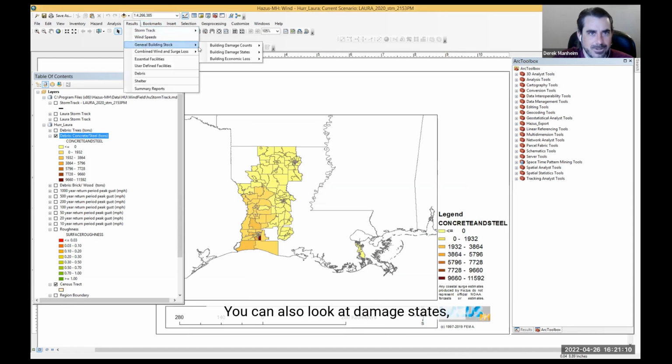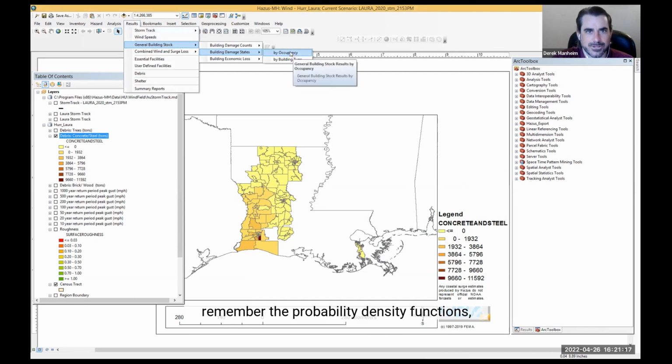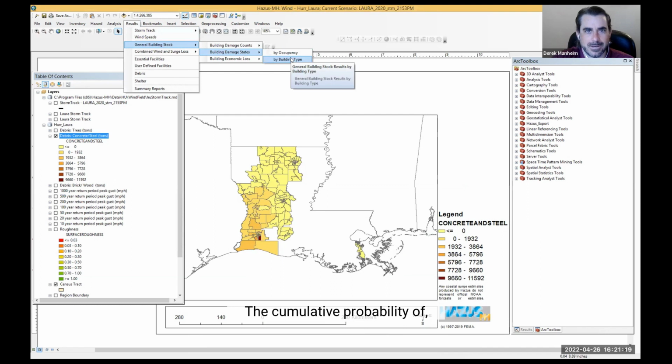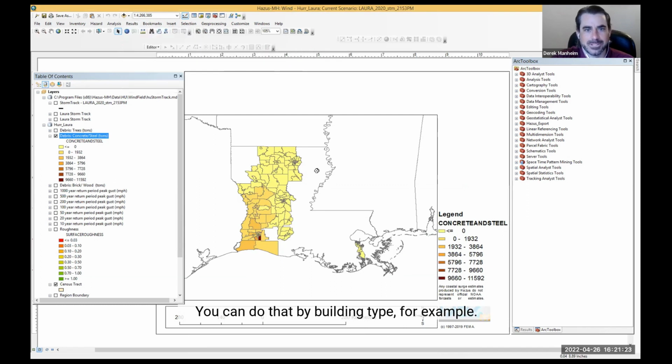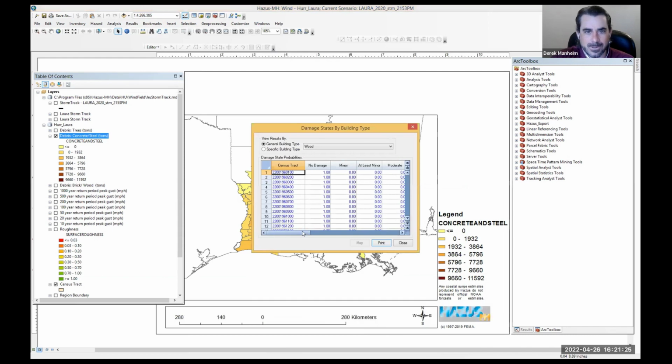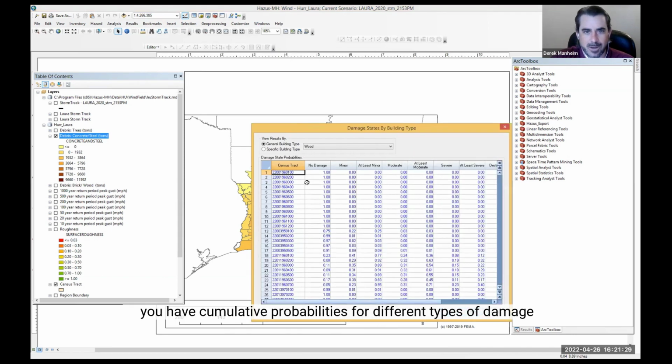You can also look at damage states, for example. Remember the probability density functions, right? The cumulative probability of some type of damage occurring. You can do that by building type, for example. And you can see here you have cumulative probabilities for different types of damage states as a function of the census tract.